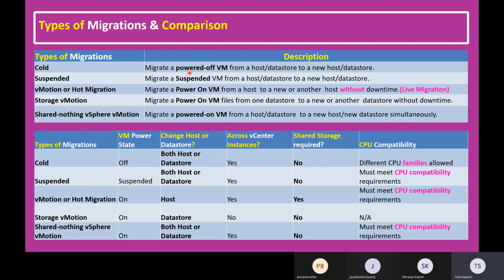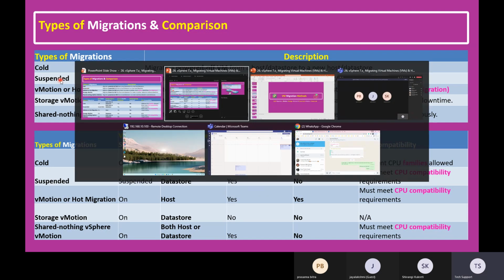So cold migration means migrating a powered off virtual machine from an ESXi host to a new ESXi host, or you can also migrate a powered off virtual machine from a data store to a new data store. And suspended means the virtual machine is in a suspended state. There is a separate option for suspended, which is nothing but a VM paused state. Suppose we quickly log into our vCenter server,